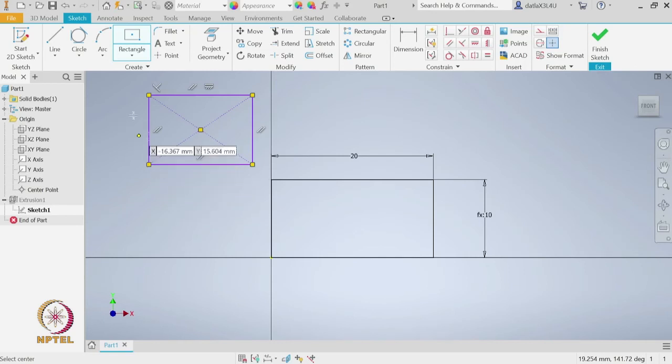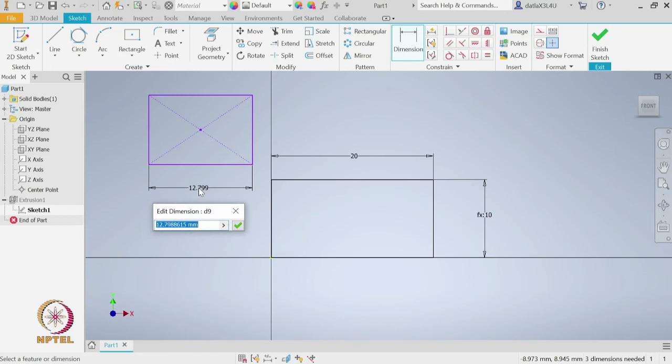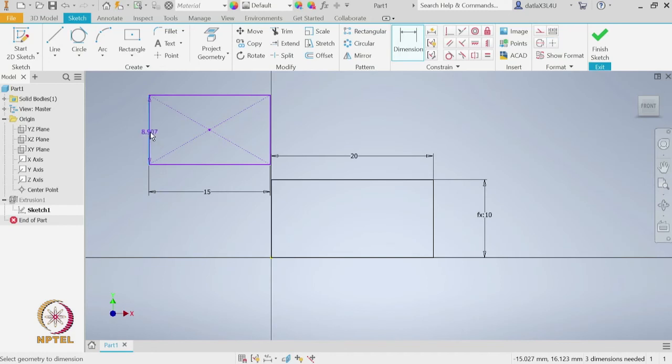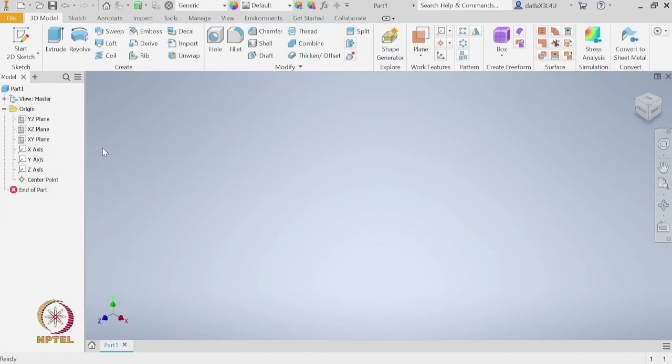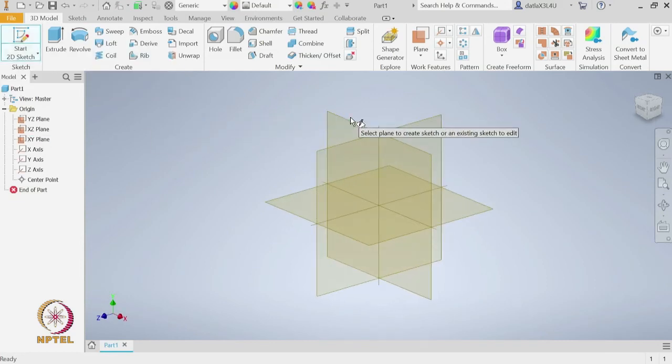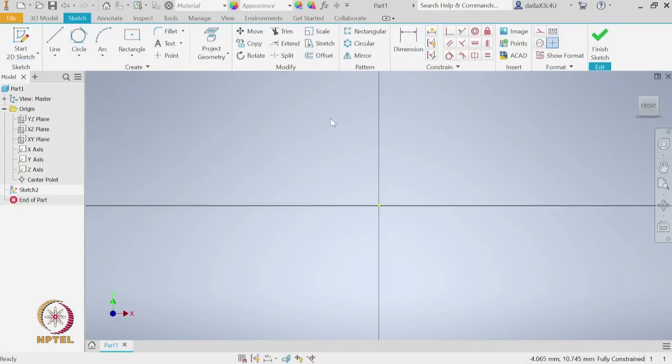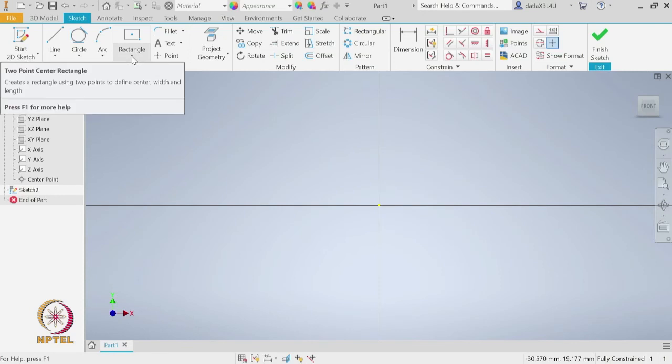But once I create a rectangle, I can now change the dimensions using this dimension constraint. So, the width currently is 12, I can change it to 15, and similarly I can use the height to be 10, let us say. So, we will again start with sketching. We have these standard planes which are available. Again, let me check the xy plane,